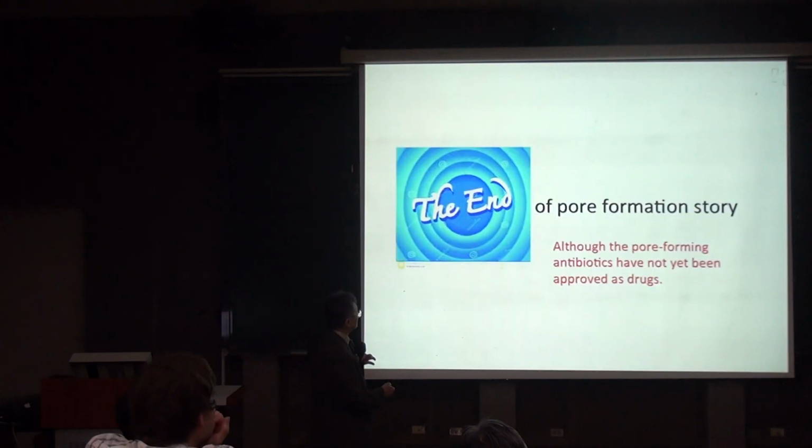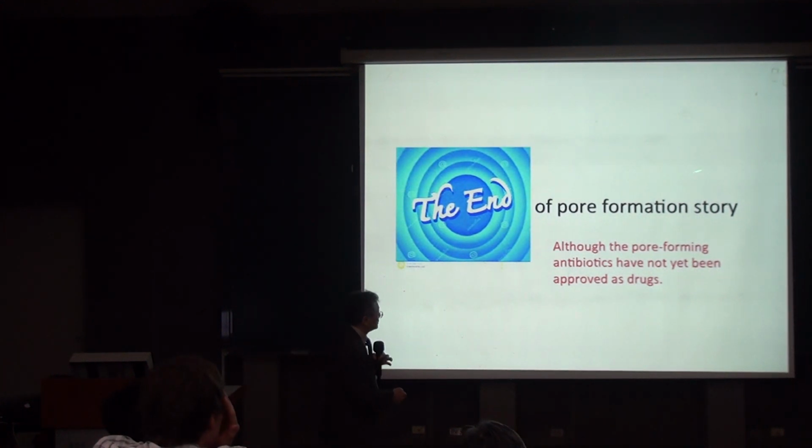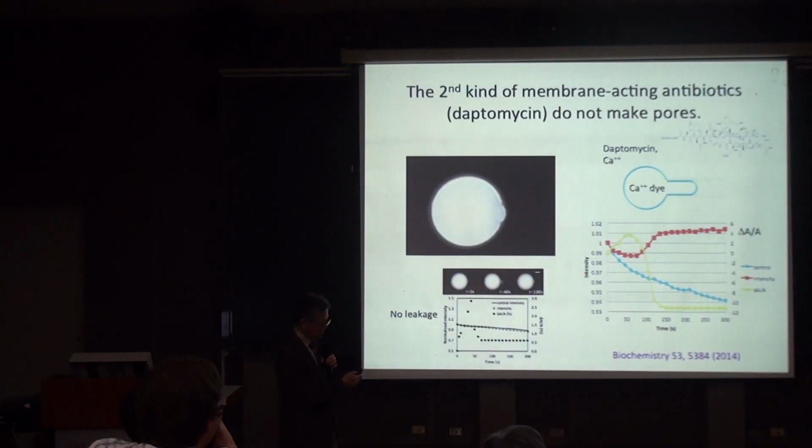So that's basically the story of how the antibiotics work. Even though we understand the bacteria now, this has not been approved. People still try to apply for approval for this new kind of antibiotics. However, recently we found that there is even